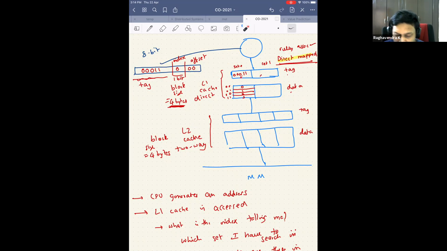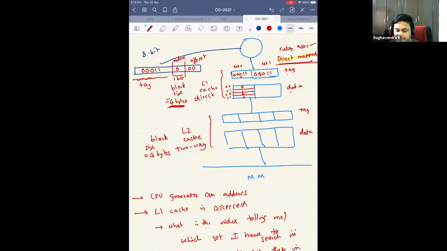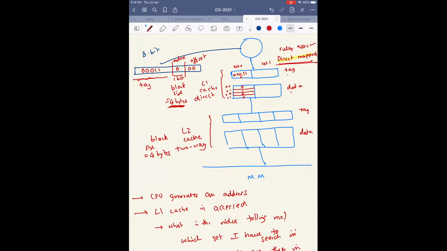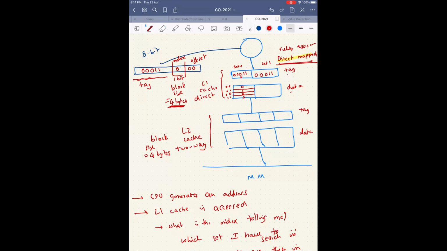Are there any doubts here till now, till L1 cache, is it okay? Yes, sir. Okay. Now can there be a scenario where I can have something like this, when the index bit is 1? So I can search it. Will you search in both now? Now both have the same tag. Can such a scenario exist?